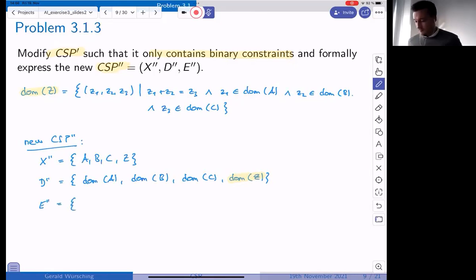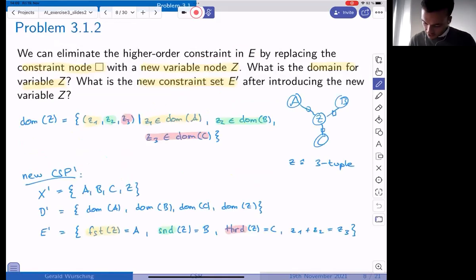Now if we go back to the previous set of constraints, we can see that we've considered this constraint directly in the domain. So we don't have to consider it in the constraints anymore, and we are left with only these 3 constraints.